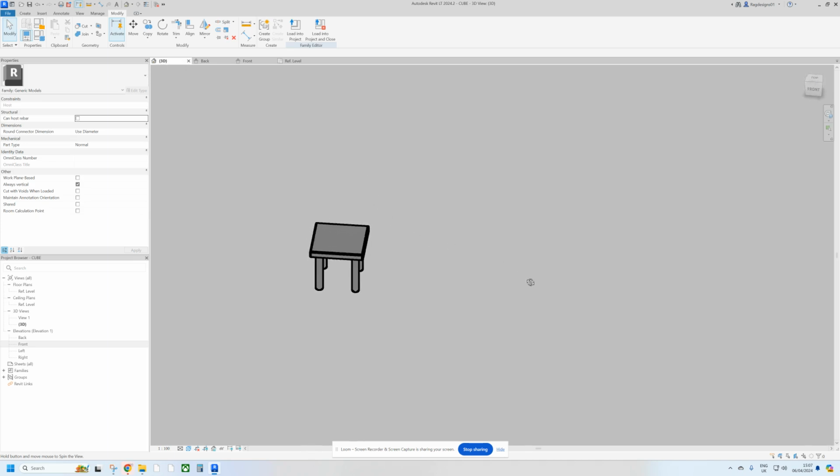So I think what I'll do next is add a back piece in it. There's multiple ways you could do this. If you were going straight up, imagine a completely straight back, you could add it on a plan view. But to make it a little bit more chair-like, and to show you something a bit different,